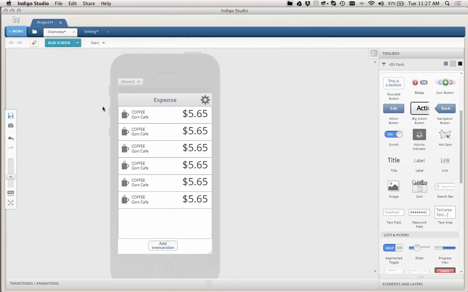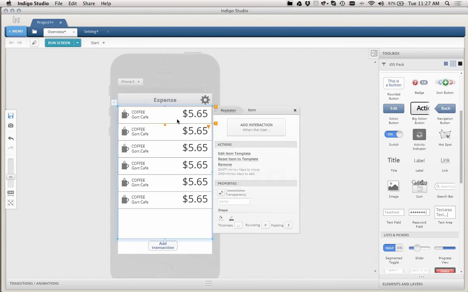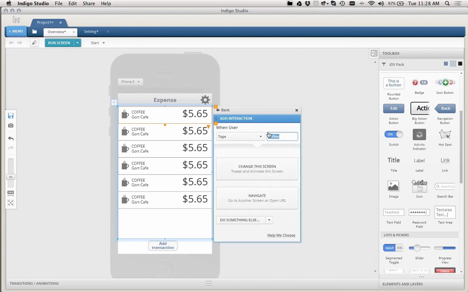Now let's go back and show you what swipe could potentially do, right? So now I'm going to talk about the state-based transitions, and that's what I'm going to do. For the first one, I say on this item, let me call it coffee, and I say add an interaction, and this time you can see that in addition to the